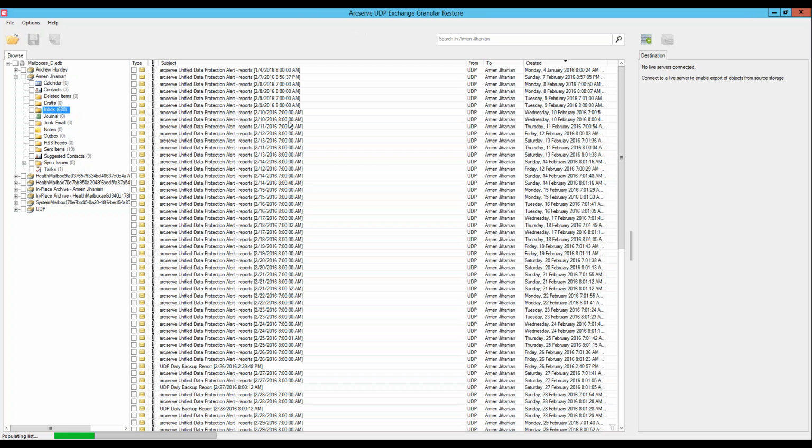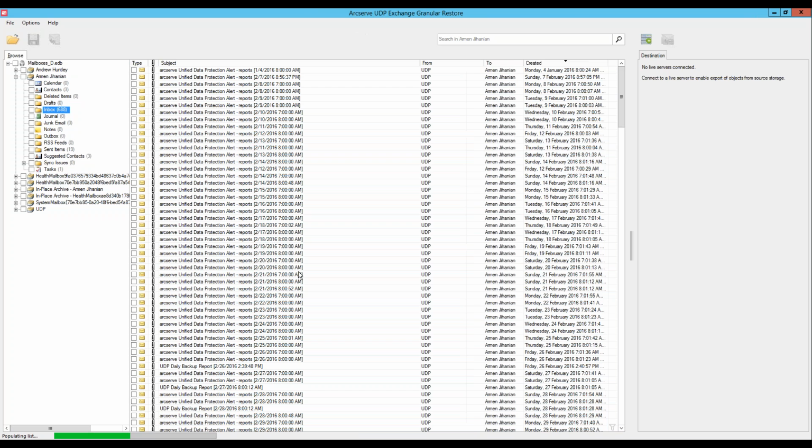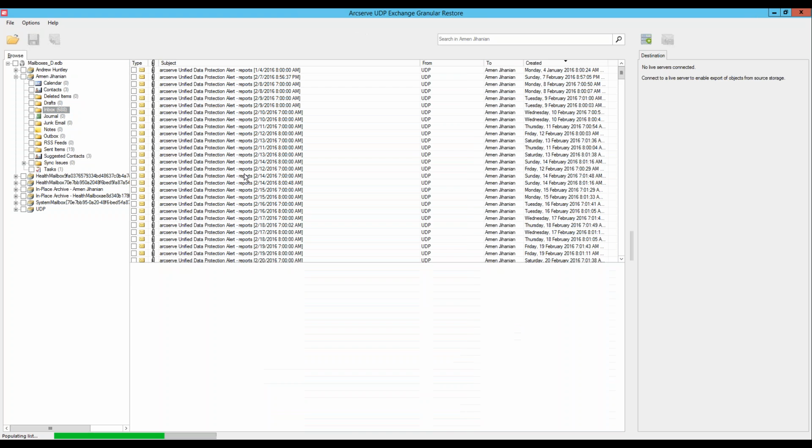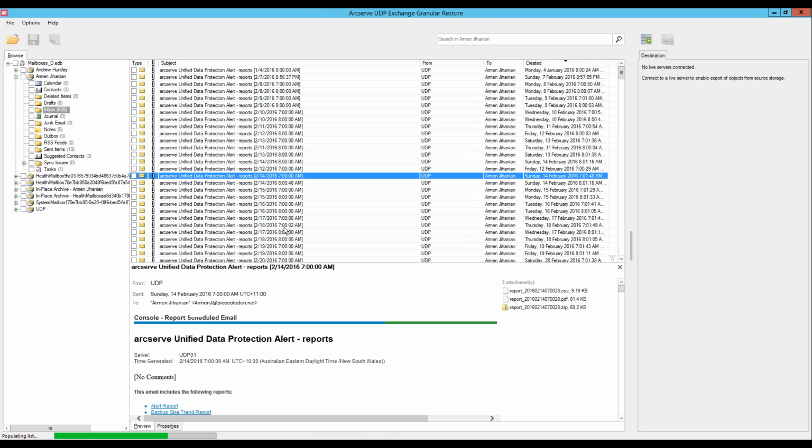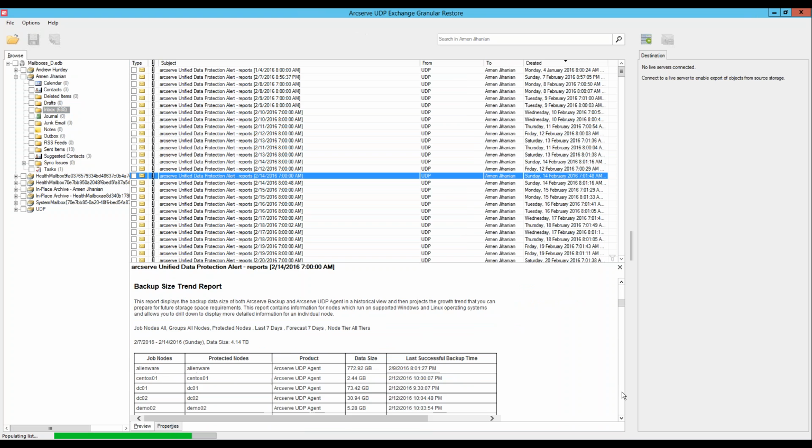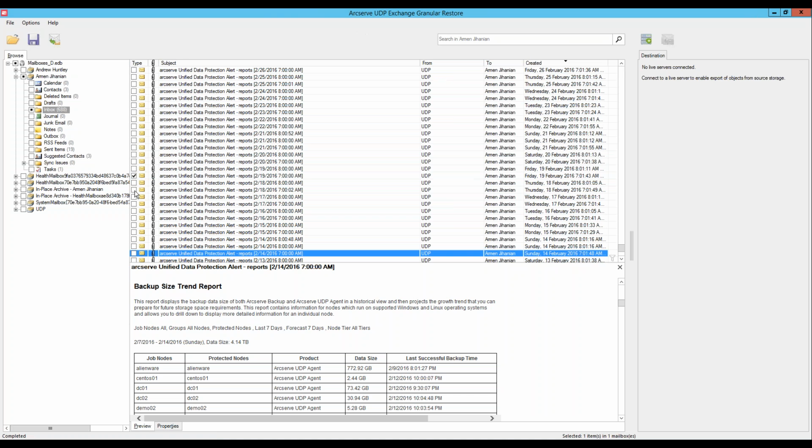So you can see here, I have a lot of these different reports that have come through to this email address, this account. And if I'm not sure which email I want to restore, I can actually click on one of the emails, and it will show me a preview of what the email content is. Once I choose what I want to restore, so maybe I want to restore some emails here,